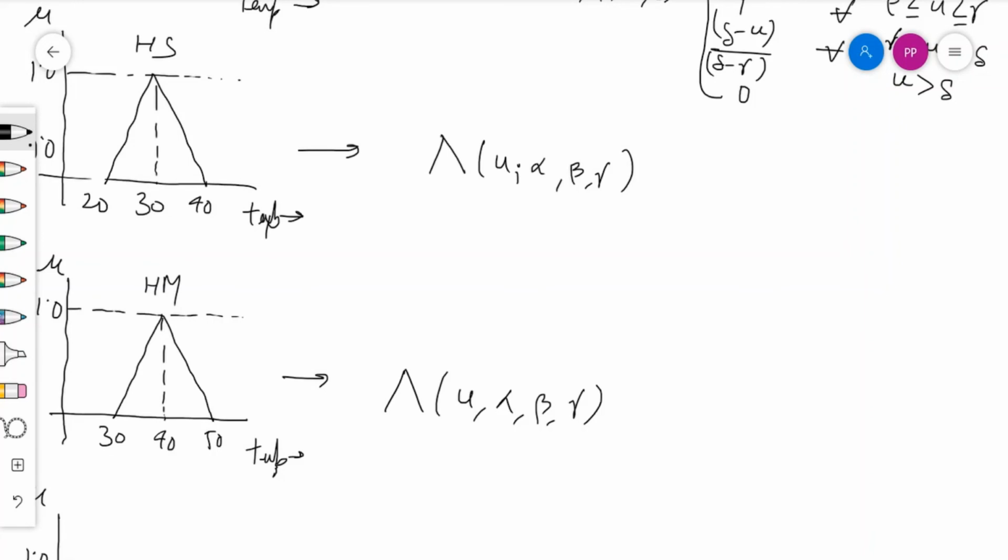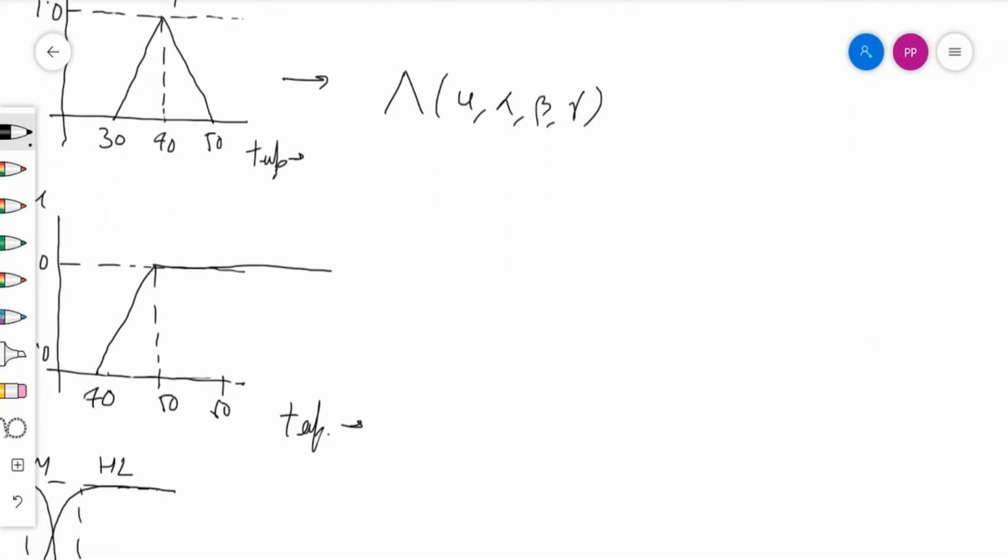So again the next function is interestingly of the shape of capital gamma. So now we will go to define the function capital gamma. So how we can define the function capital gamma? So function capital gamma can map from capital U to the range 0, 1, and so gamma is a function with parameters